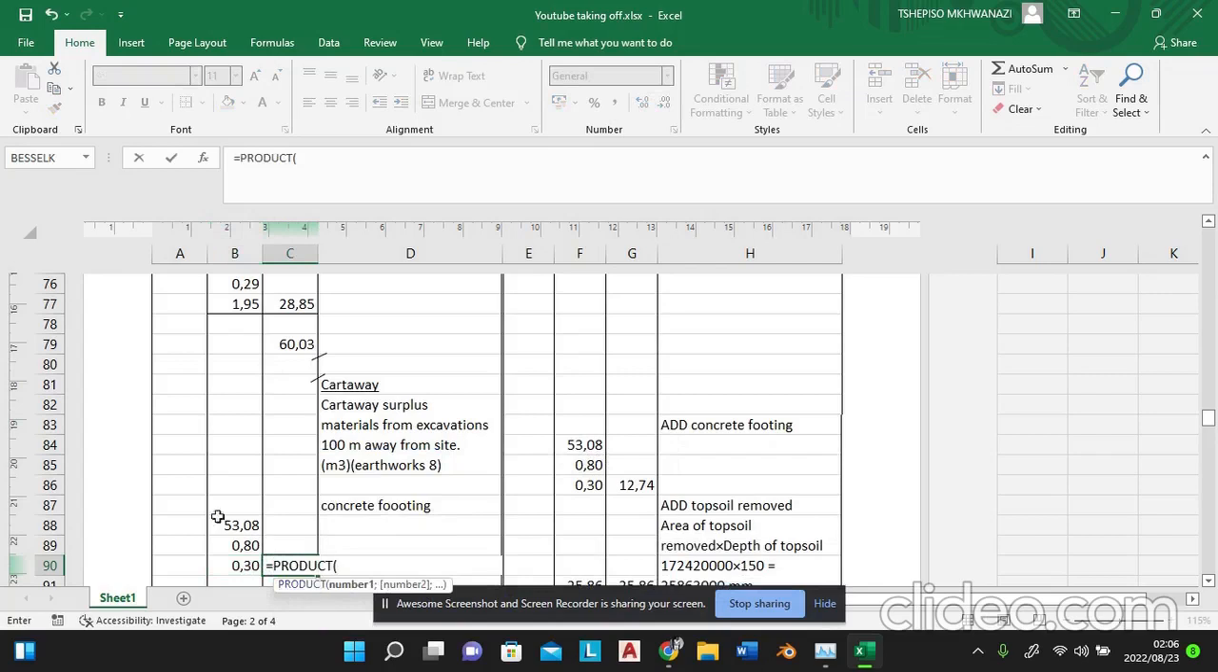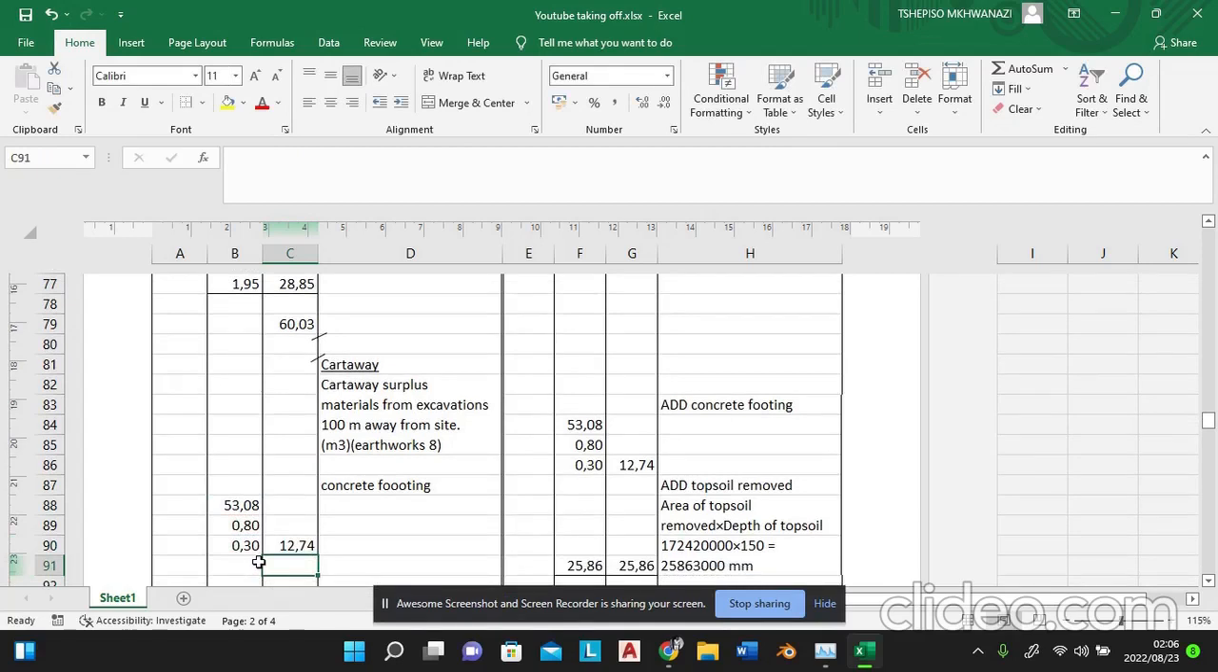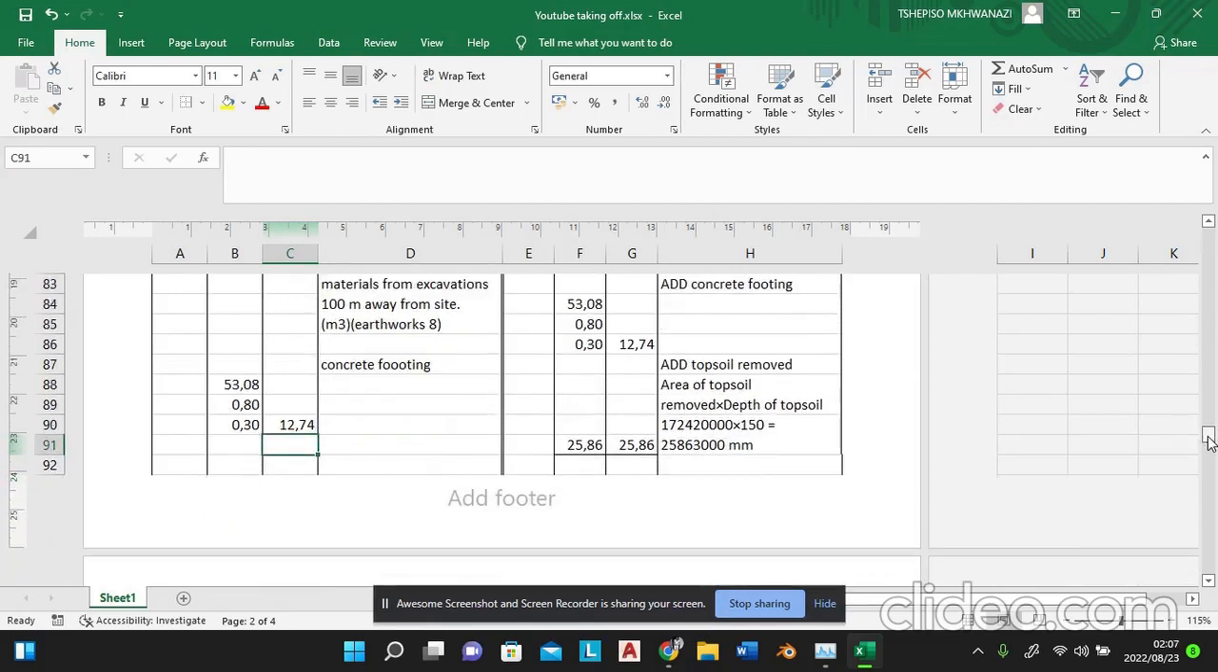First, the product function, and then we take this, we multiply by this, then we take this and multiply by this, and then click enter. Yeah, we have the volume of the concrete footing. And then now we're going to